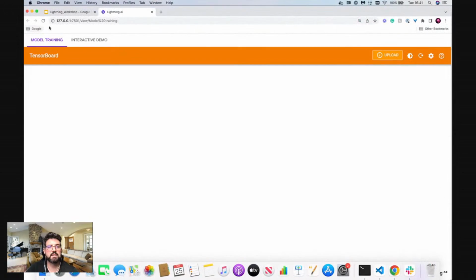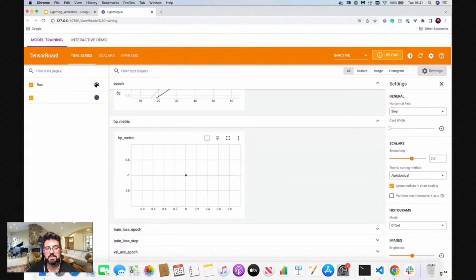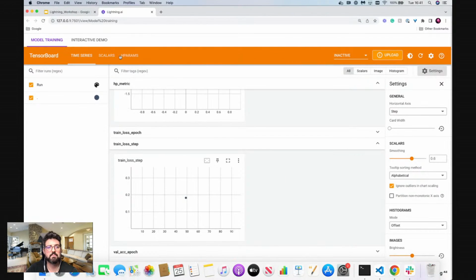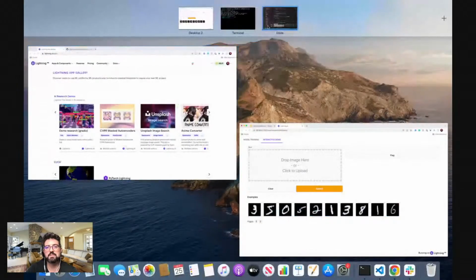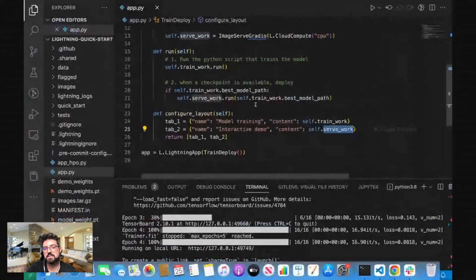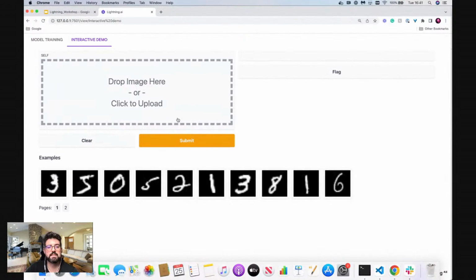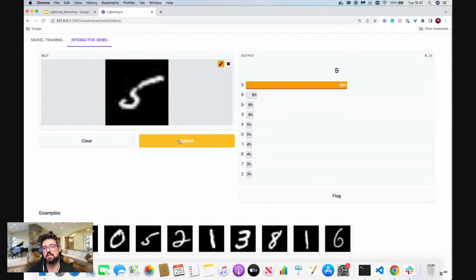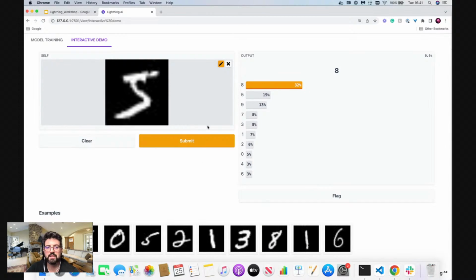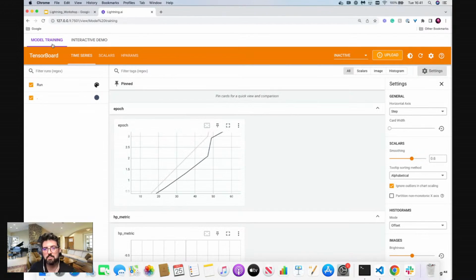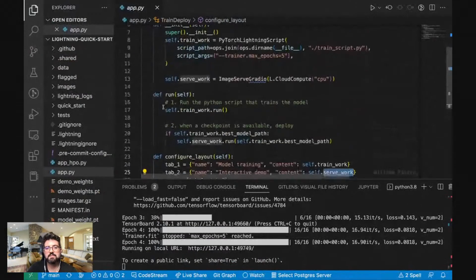So here, if I go there, now I should see a TensorBoard, which shows that the model has been trained, right? And then in the second UI, I should actually see that Gradio started with a model which just got trained, right? And now if I select an image and make a prediction, I can see that the model is properly predicting those things. So here, if I put, let's say, a 5, I can see I'm getting a 5. So here you can see in a single app, in only 28 lines of code, you are able to train and serve with a demo a model,